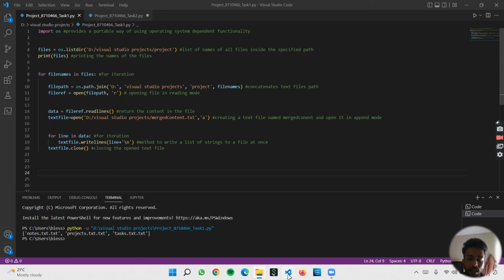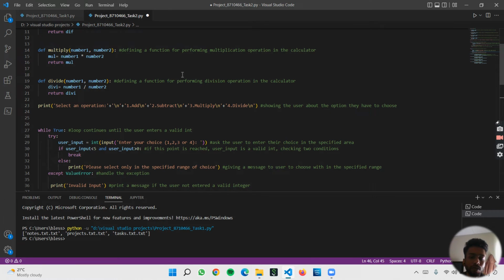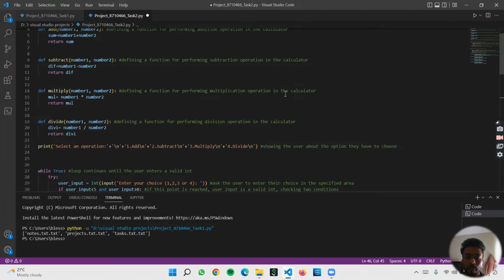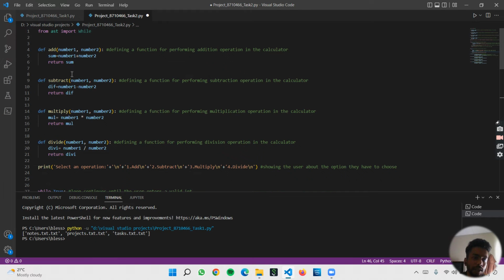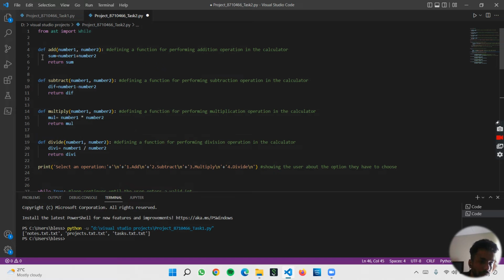Now we can look into the second project. In the second project, you asked to create a calculator with 4 different operations: addition, subtraction, multiplication, and division. And you also specified that we need to define a function, and after that we need to call that function to perform that specific task. So I created